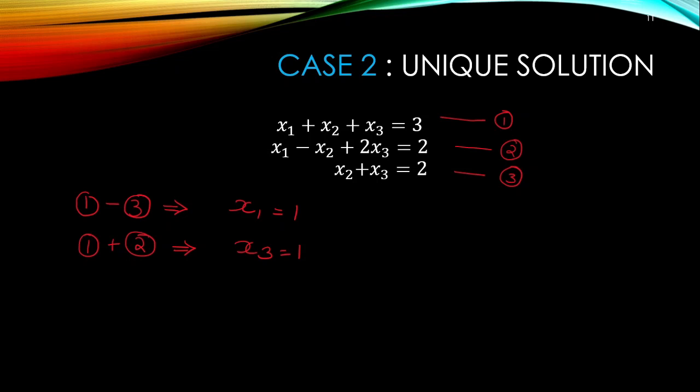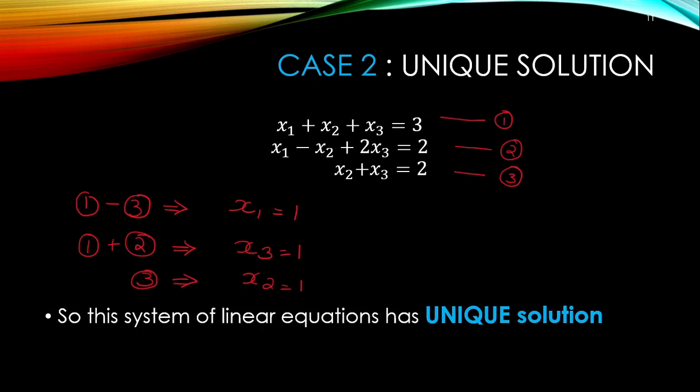That is, we substitute the value of x1 as 1, and finally we get the solution as x3 is equal to 1. And substitute the value of x3 in equation 3, we get x2 is equal to 1. So the solution for this set of equations is 1, 1, 1. So there is exactly one solution for this set of equations, and it is a unique one. We can write it as x1, x2, x3 is equal to 1, 1, 1. Okay, so 1, 1, 1 is the solution.